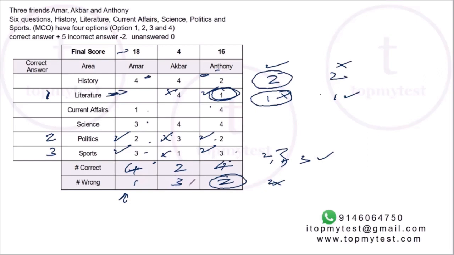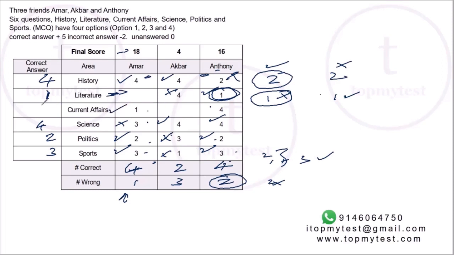Akbar cannot make any more further errors, which means the remaining 2 questions that Akbar attempted have to be right. So we know the right answers for these 2. So Amar got the same as Akbar. So Anthony got it wrong. So option 4 is the correct answer for history. Similarly, for the science question, 4 is the correct choice. Akbar got it right. Anthony will also get it right, which means Amar got it wrong. Now Amar's error is already fixed.